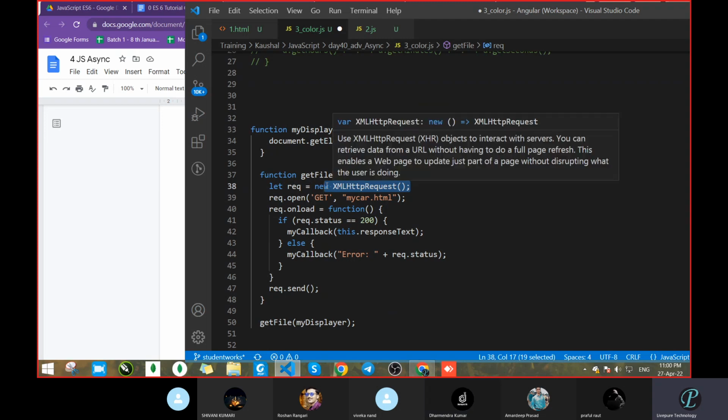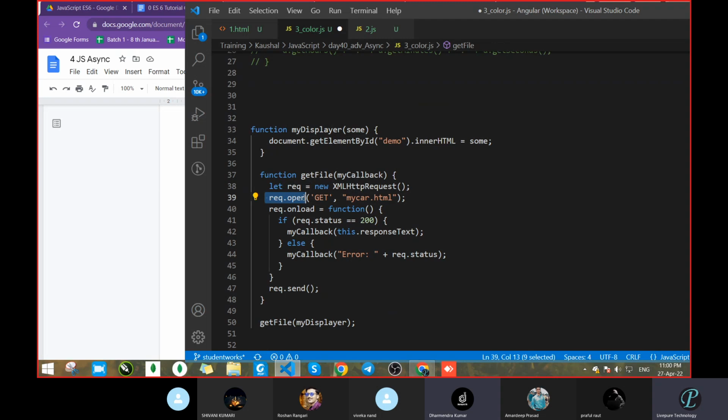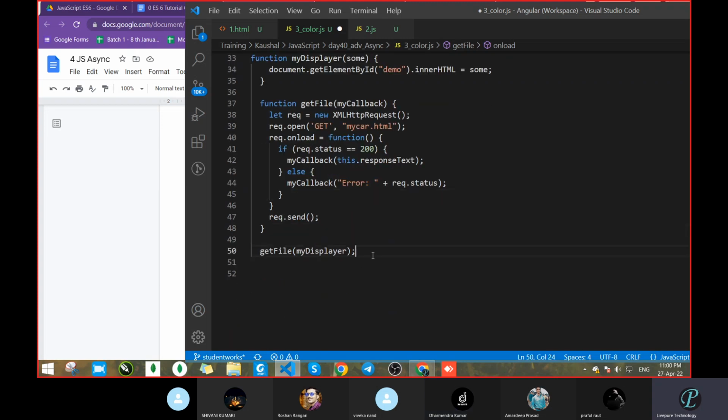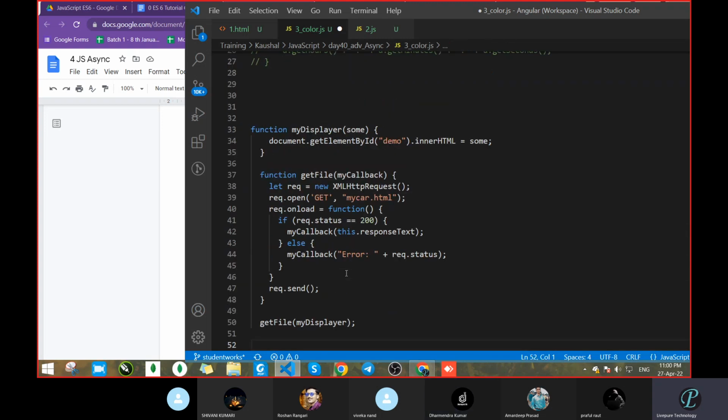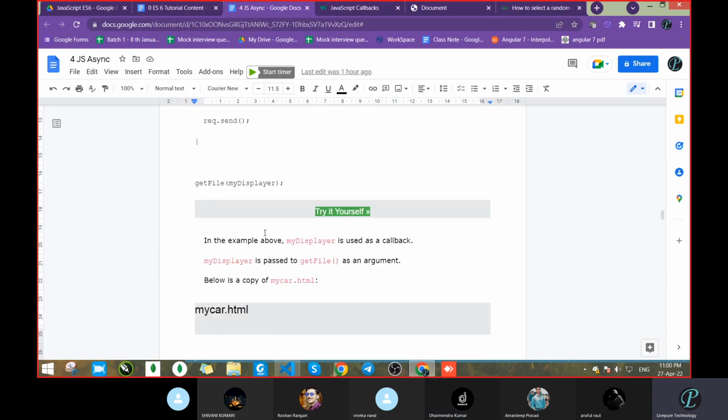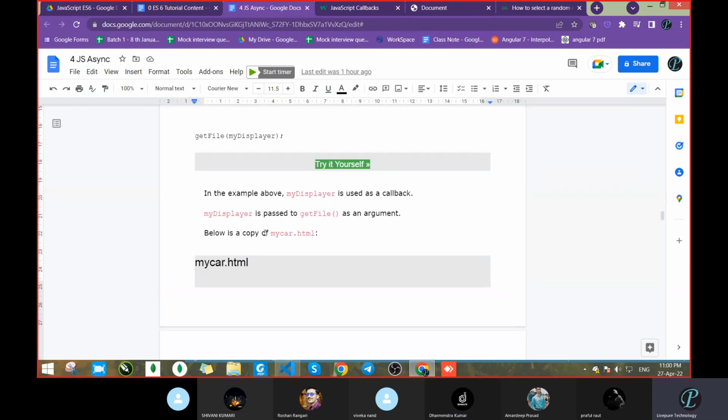This request will come from the server. Means if you had uploaded the file, request.open get method will come. My car.html file is there. Then request.onload. Then it will check the status. Request.status equal to 200, then something will happen. Else the status becomes something. But see that we are calling the function. So when you are going to use a server side language, that time all this will be useful, and that time we are checking the status. So let it be; when we use that, then you will get the idea.